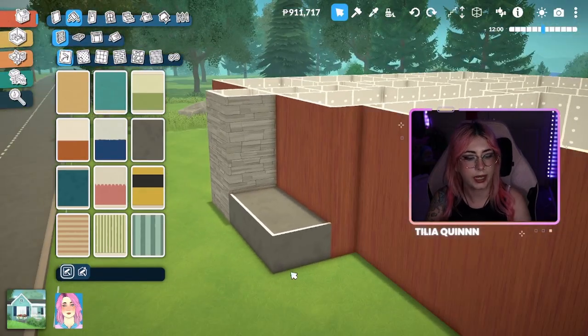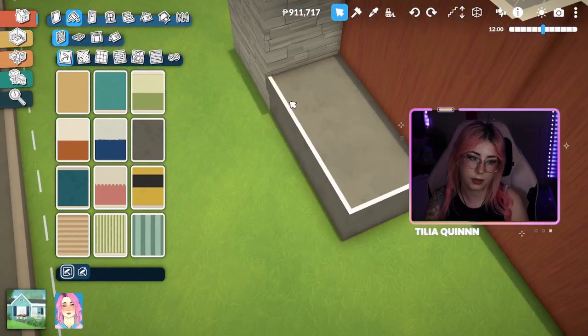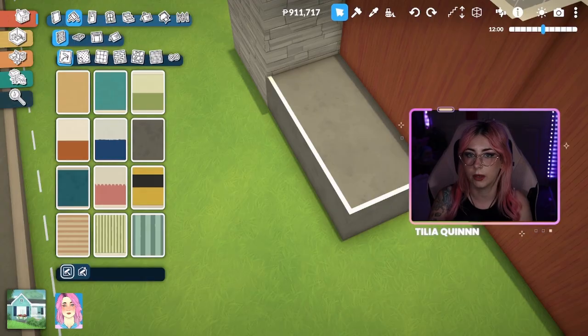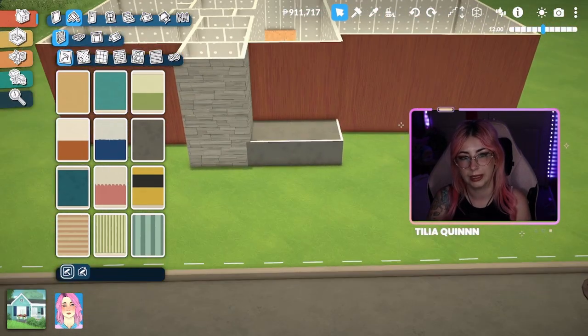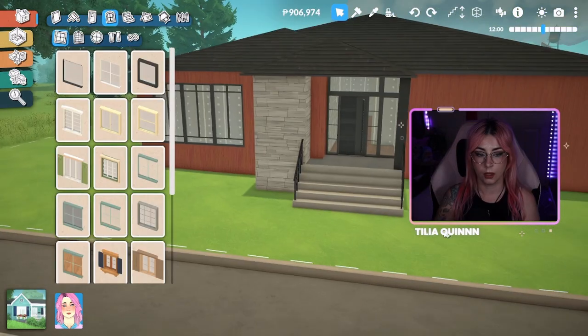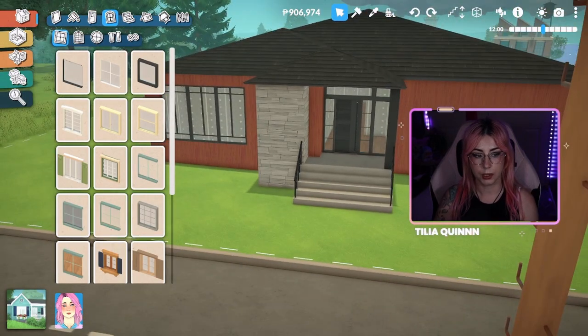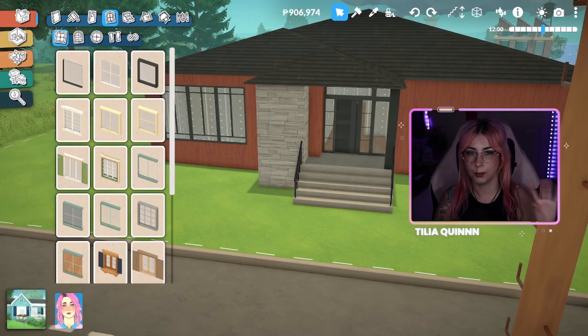It doesn't look exactly the same, and I think it's because of this white line. So I really hope that PARALIVES gets rid of that white line because it doesn't look too appealing in my opinion. All right, now that I've done most of the facade, I'm going to do that little bottom part where it looks like there's a basement. I'm not going to turn it into a basement because I really can't be bothered drawing a basement at the moment. And then we're going to work on our